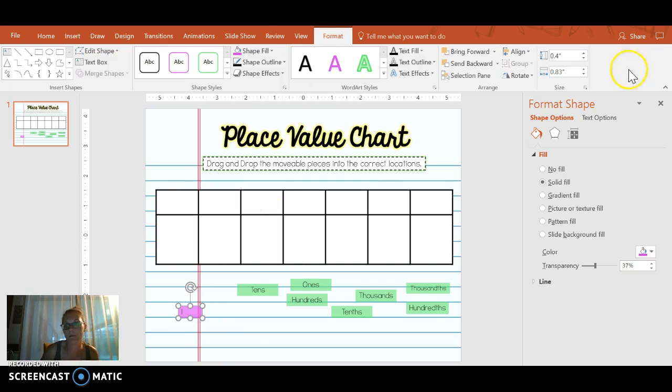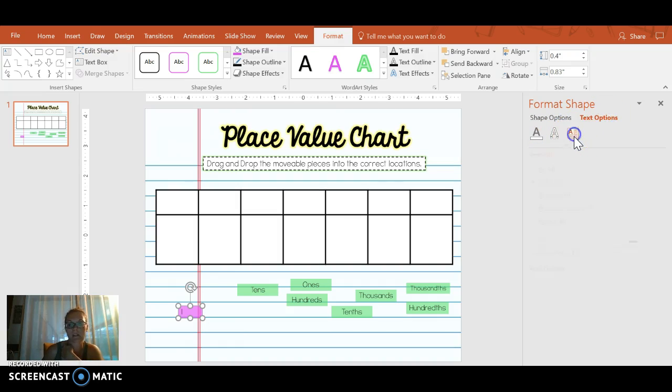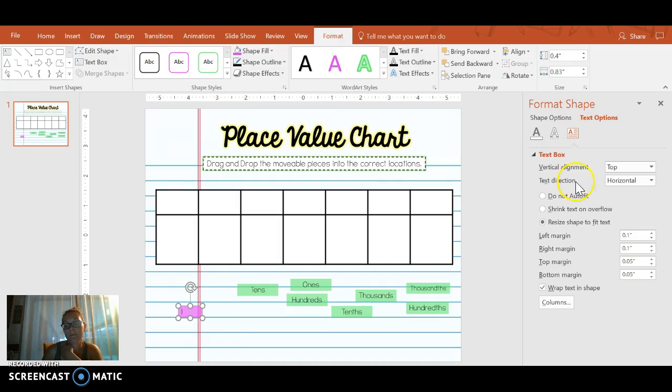and then normally your text box will always default to auto fit, and you can change that over here under your format shape. If you click text options and then click on this box, that's the text box options, you can go do not auto fit, and then when you drag it